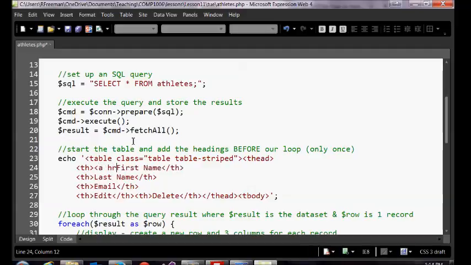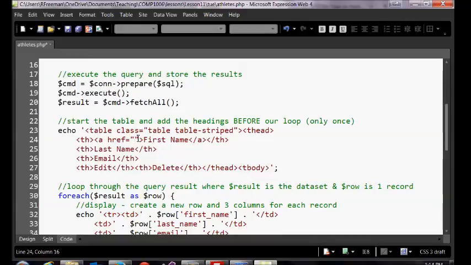Let's add an href equals, well, you tell me, where are we going? So I'll put an end anchor tag here. What page should these link to? Yeah, the same page. So all of the links are still going to go to athletes.php. So on my lines 24, 25, and 26,